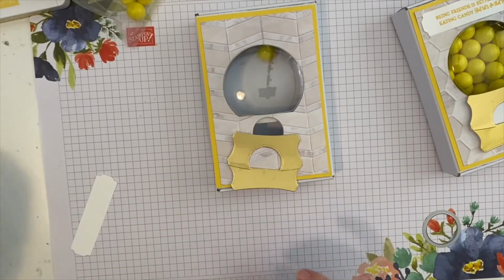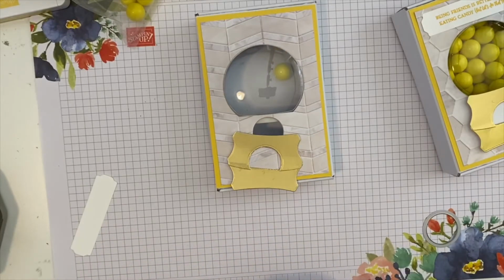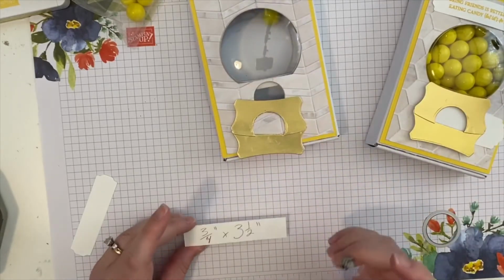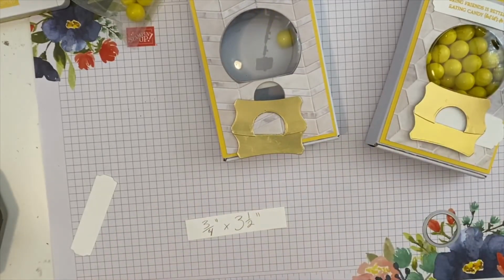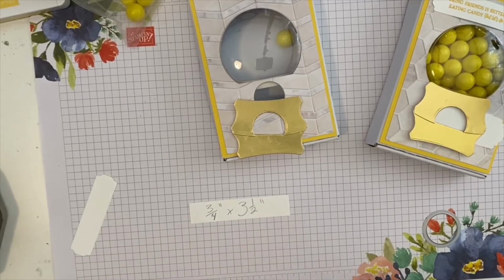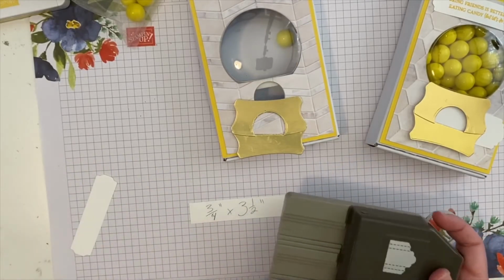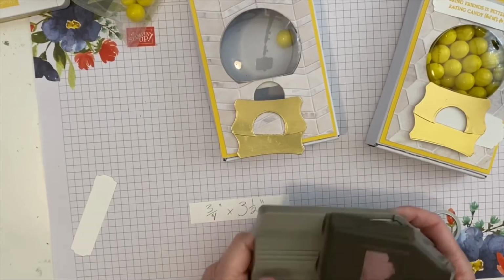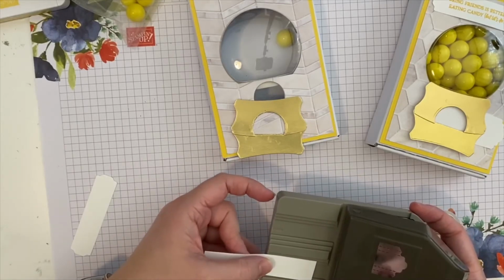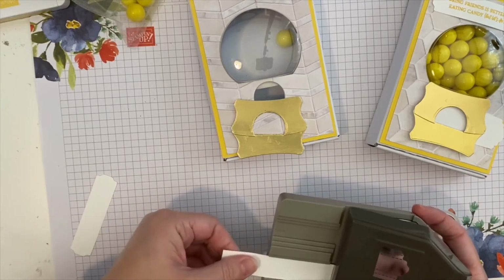So now we're going to go ahead and grab that little extra strip. And we're going to do our sentiment up top and our little pull tab too. So our sentiment up top, we'll just go ahead and knock that out real quick. So that is cut by 3 1/4 by 3 1/2 inches. And then we're going to use this awesome new punch, which I love, to round out those sides. Now it has divots for different dimensions. And that 3/4 of an inch is that bottom divot, so you just slide it in,